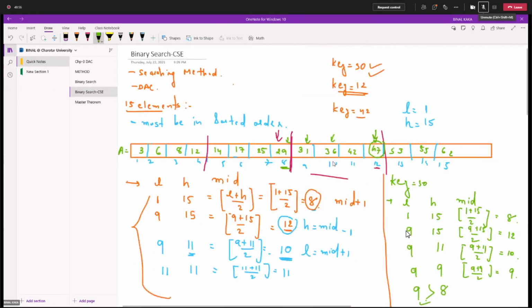Now in homework you have to identify key element 63 by maintaining the tree. 63 is not available in this list, but you have to do it by maintaining the tree. How you will do it, you have to see, and we will discuss it in the next lecture. Also try without the tree, however you like to do it. It is not compulsory that you have to use the tree. What happened? We know that 63 is not available over here, so you have to identify it using binary search. Okay, clear?